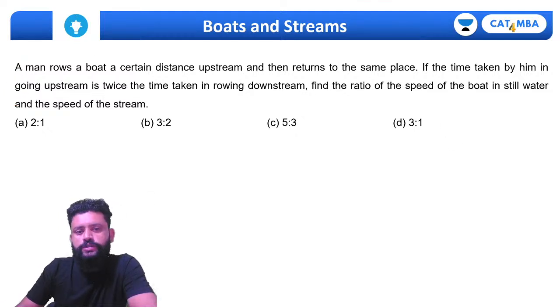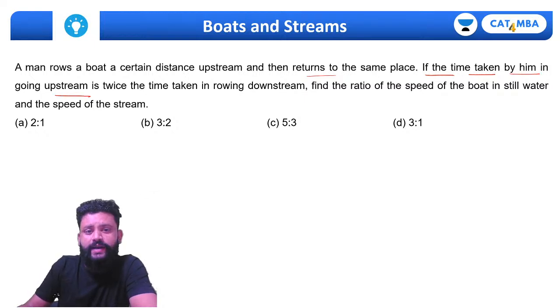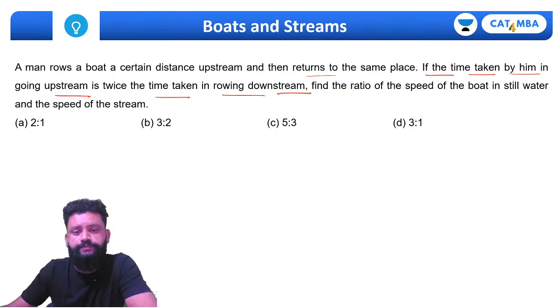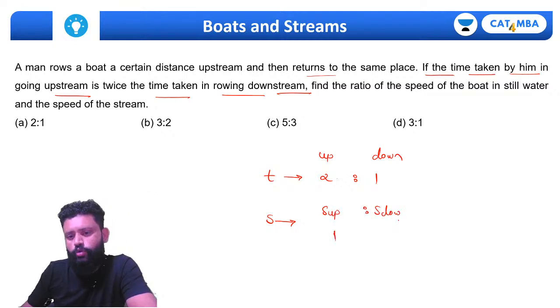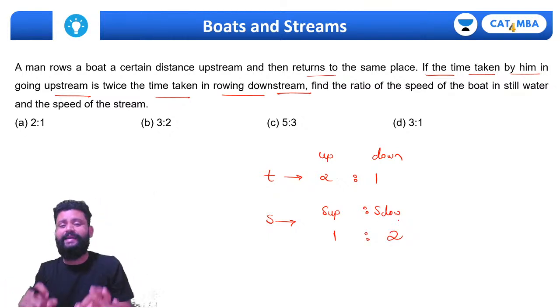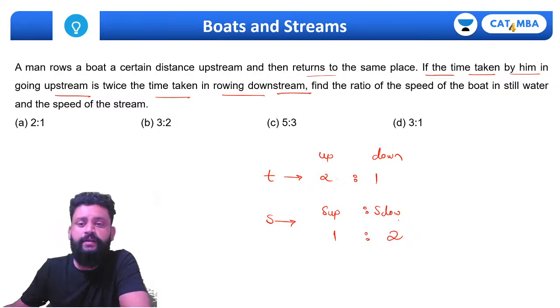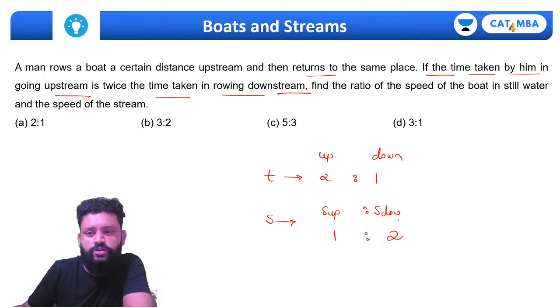A man rows a boat a certain distance upstream and returns to the same place. If the time taken by him going upstream is twice the time taken by rowing downstream. So time taken in upstream is, of course, more, twice that of downstream. So definitely the speed of upstream to speed of downstream must be in the ratio 1:2. So simply I can conclude downstream speed must be double, and we are supposed to calculate, the answer is not 1:2,